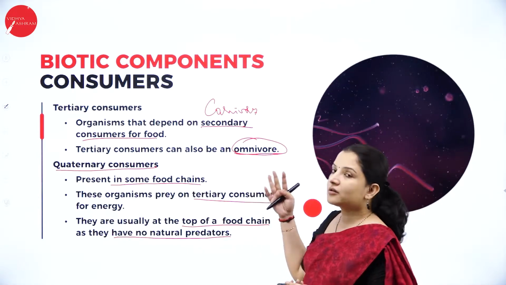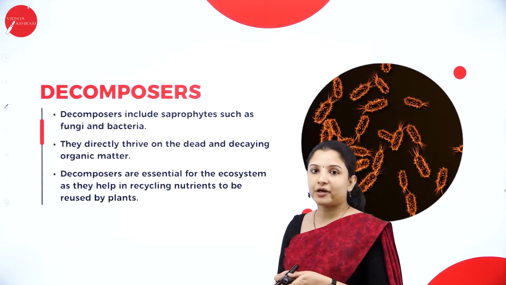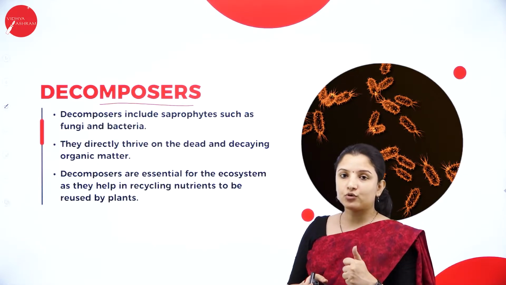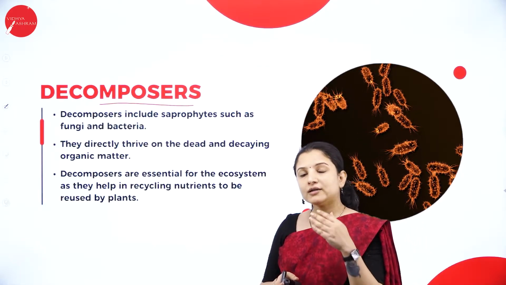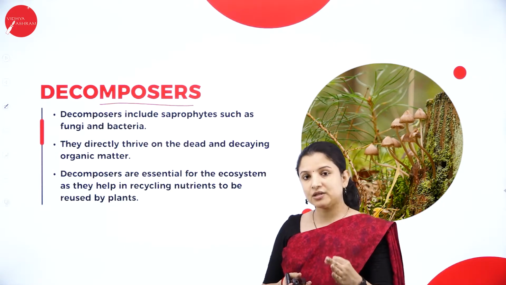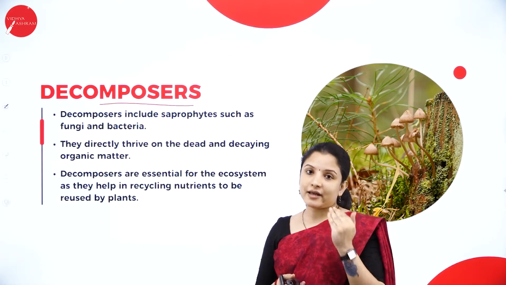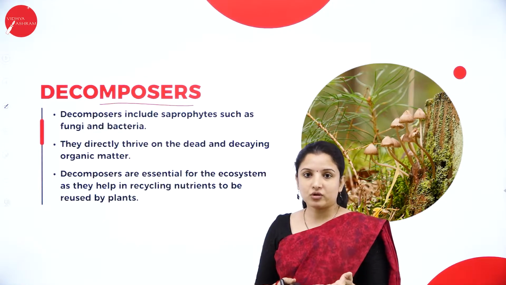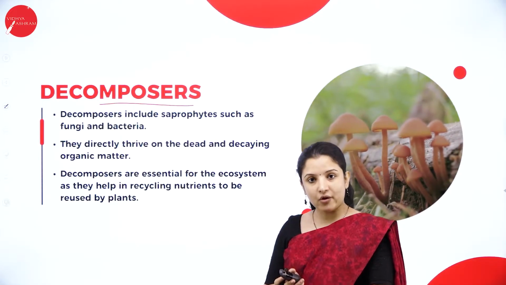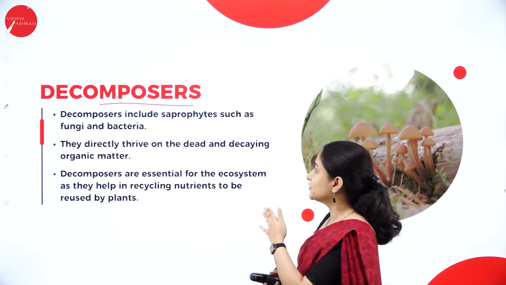So these are the different types of biotic components that are there. Next, talking about the last biotic component, that is the decomposers. Decomposers are the ones that decompose the organic material. So all these, the producers, the green plants, the primary consumers, the secondary consumers, the tertiary consumers, the quaternary consumers, all of them, in the end, have to die, right? They are not immortal. They need to die. So when they die and decay into the soil, how do they decay? They decay because of the presence of these decomposers.